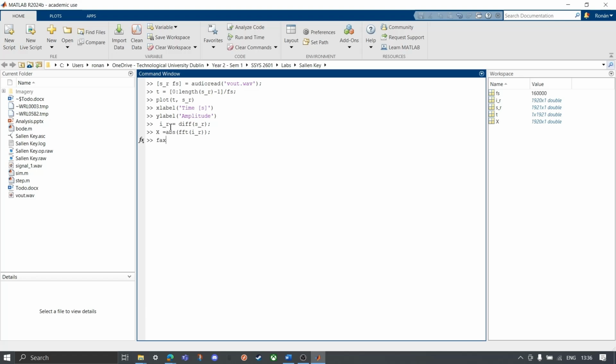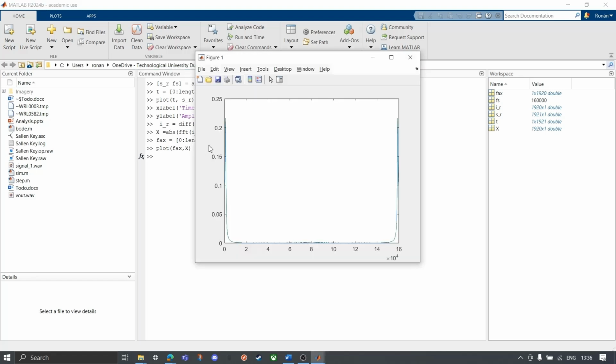So we'll say frequency axis equals 0 to the length of x minus 1, divided by the length of x, times the sampling frequency. Then if we plot the frequency axis versus x, we should see, yes, we've got our frequency